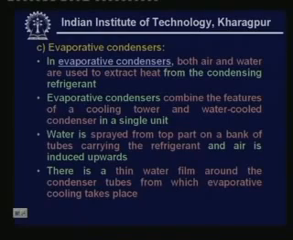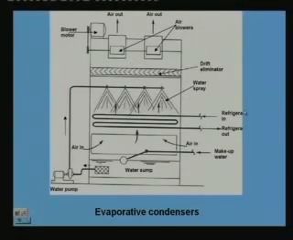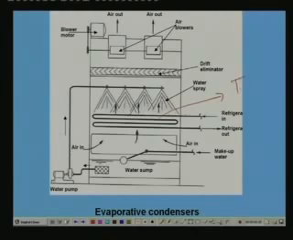So, now let me explain the working principle of the evaporative condenser. This picture here shows a typical evaporative condenser. What you have here is refrigerant tubing. So, these are the refrigerant tubes. Refrigerant enters these tubes, flows through the tube, and leaves from the bottom. And this entire refrigerant tubing is kept in an outer shell, and water